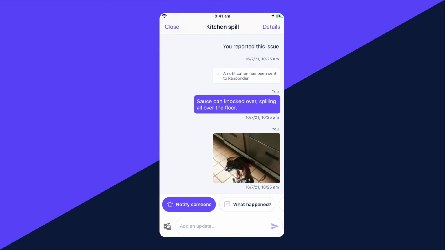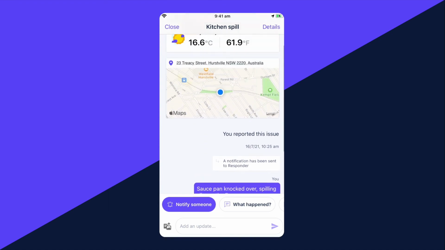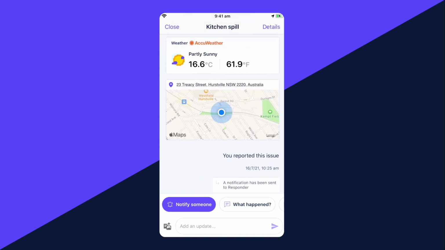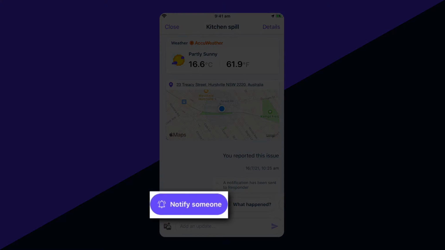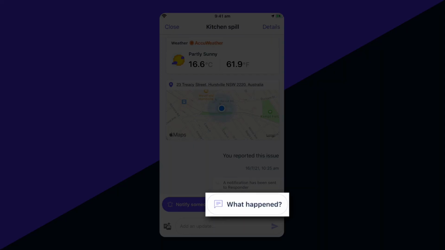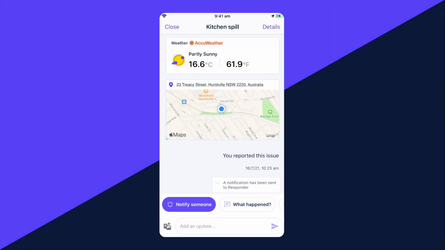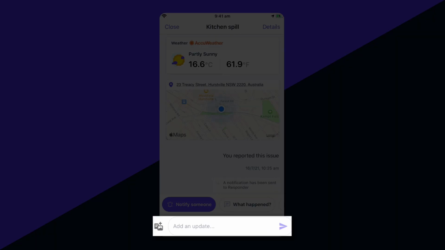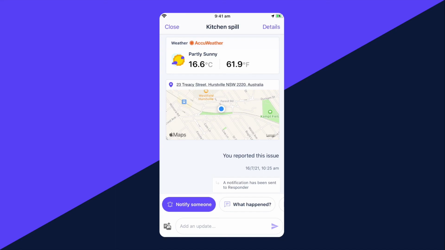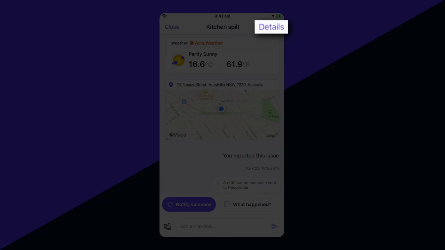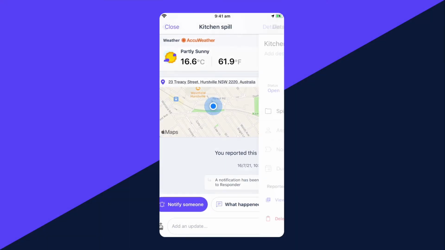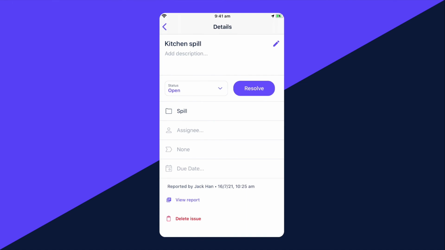If you have location services enabled on your device, this will also capture the location as well as the weather condition at the time. On this screen, you can notify additional users, answer prompted questions, and add further comments or media attachments. To provide more details for the issue, tap Details at the upper right and complete each field accordingly.